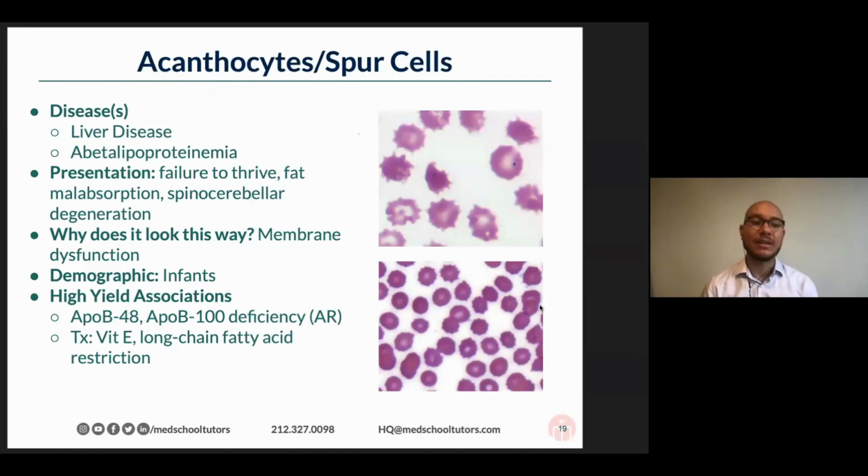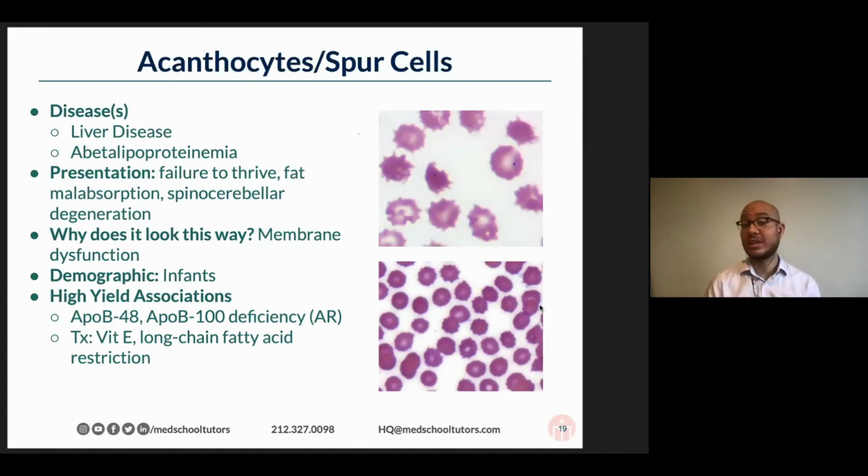They look very similar. Let me give you the clue to tell them apart. Notice that the acanthocyte on top is very irregular. The spikes are different shapes, they're different sizes, whereas in the bottom, there is some variability, but the spikes tend to be of similar size. It's a more regular appearing process. I hope you guys can appreciate that. The top just looks a little bit less organized, whereas the bottom, it's a little bit more regular of a